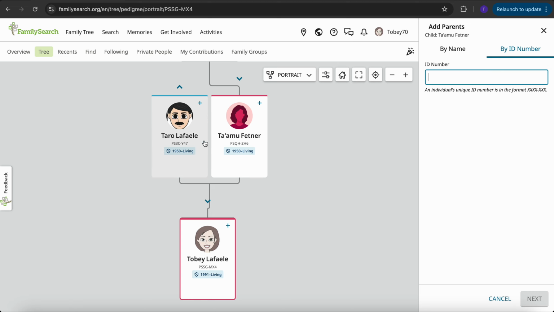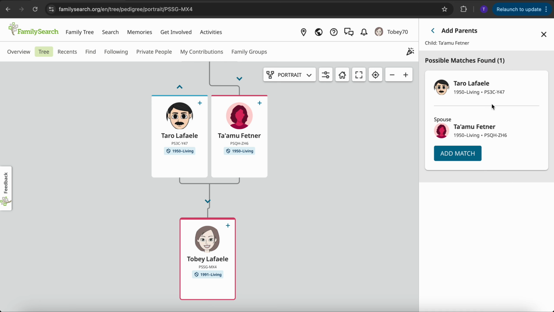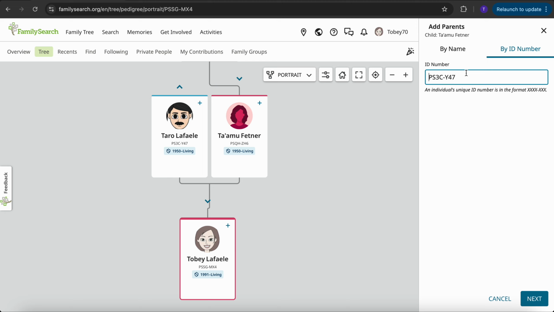The only difference with the living ID numbers is that it is only limited to the person that's added the record. For example, my father here that I've already added, if I put in his record number, his ID number, hit next, the result will be him right over here, and then I'll just have to add it here to my family tree. Now, if my sister were to go and add in his ID number, it will not show a match for her because she didn't add him, it was me. So that's the only limitation for when you're putting in ID numbers for the living. If it's for the dead,